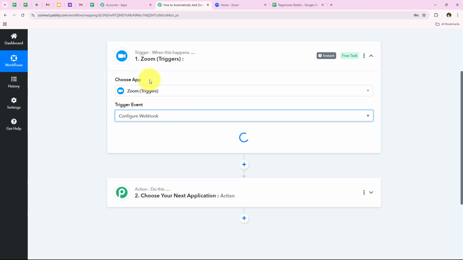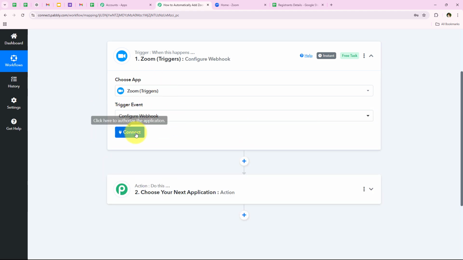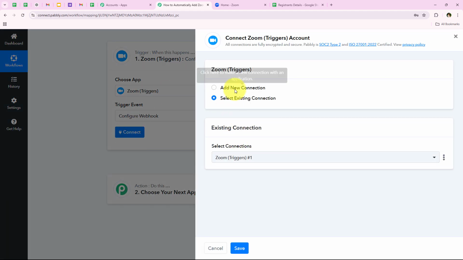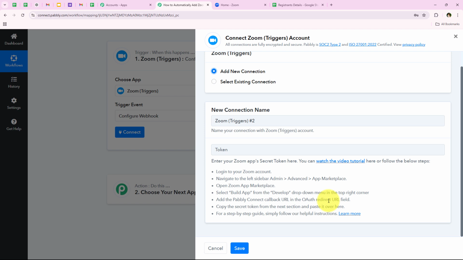I'm going to select it, and as I select the trigger event, over here you can see a button appeared which says connect. So I'm going to click on this connect, and now it is asking me to add a new connection or select an existing connection. If you have already connected your Zoom account with your Pabbly workflow, you can click on select existing connection and then save. But if you haven't, you have to follow me, click on add a new connection,